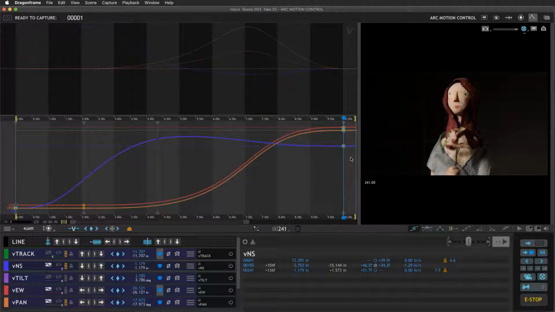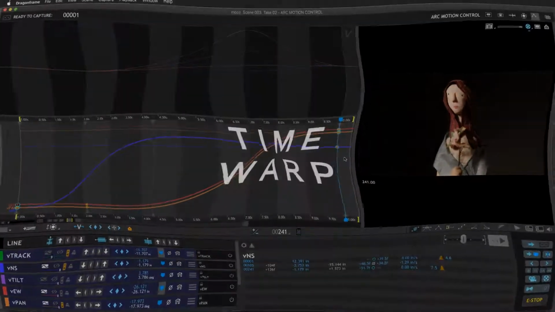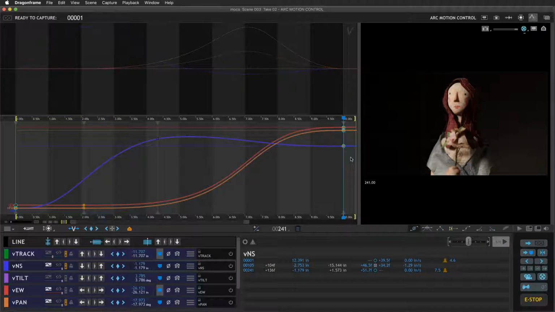Another new feature in Dragonframe 4.2 is an axis control we call time warp. This would be used if you have a move that is approved, it's got a camera path, and maybe you have some other movers on the stage, or you've got some kind of path that you really have worked on to get nice and smooth, and now you need to change the timing of the shot. Maybe you need to stretch out time in the middle, or you need to compress just the end or extend the end. Whatever you need to do, you need to change the overall timing,